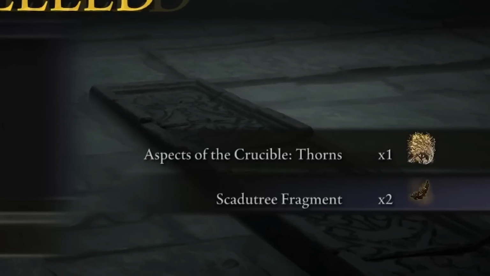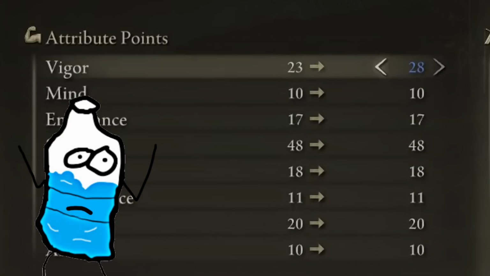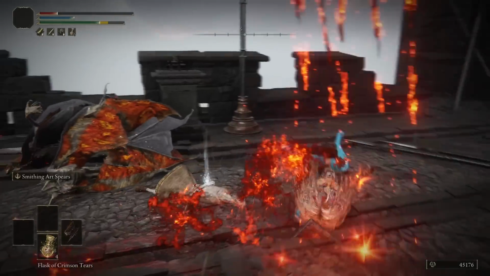He also drops 2 fragments, which is pretty nice. Then I throw all of the runes into Vigor, because surviving a hit seems pretty nice. I'd like to try it sometime. Exploring the castle, I run past a few short kings, die to some evil rain,